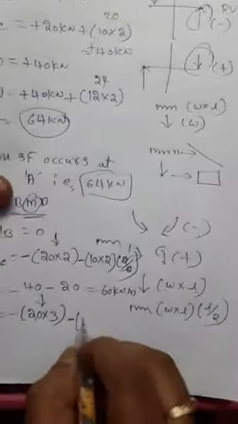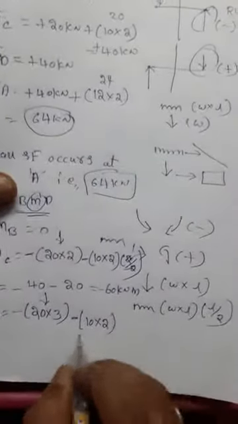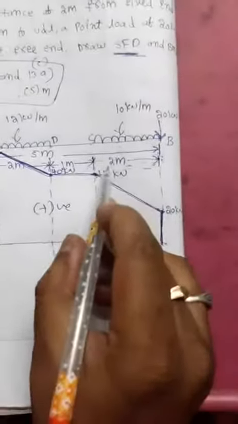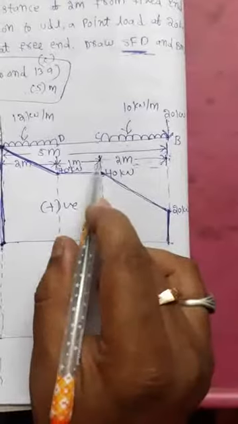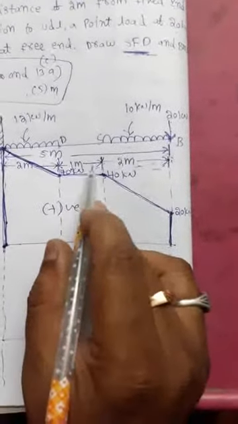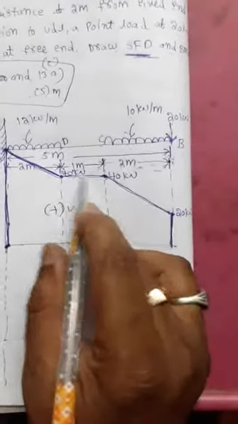This is UDL. So UDL is nothing but force into distance, WL into L by 2. And this is only span length in between B to C. But from C to D there is one point load. So there is one span length, 1 meter span length. So you can add this span length